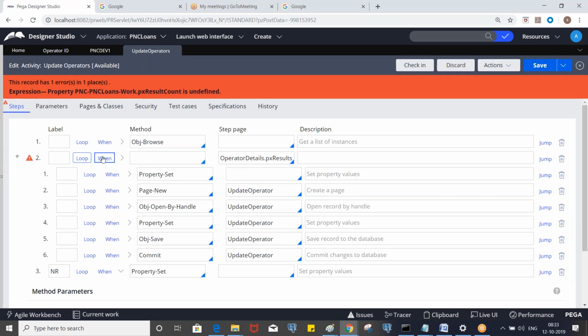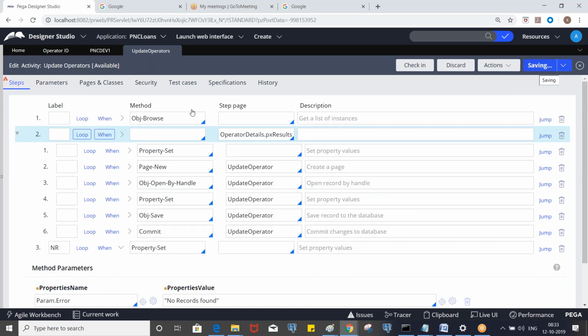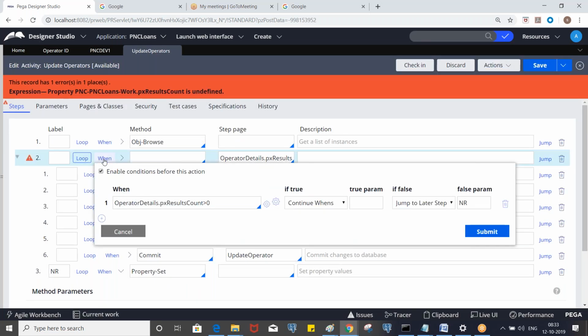It's px results count, not result count. So px results count on the operator details page is correct.